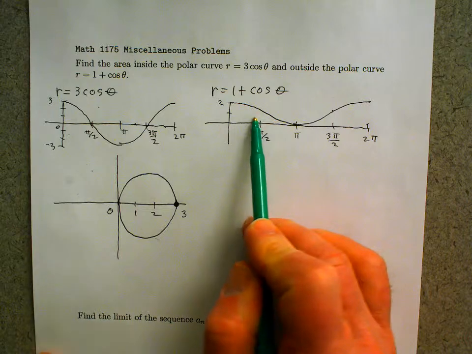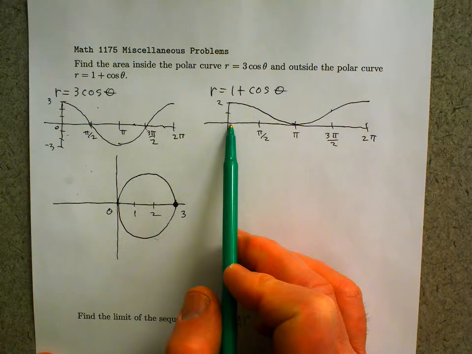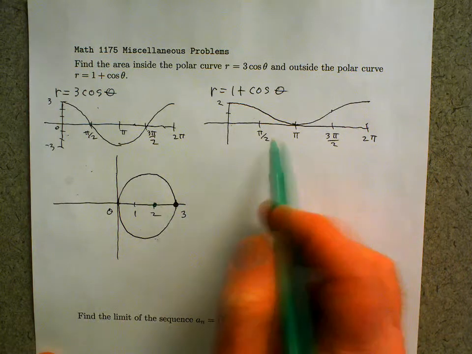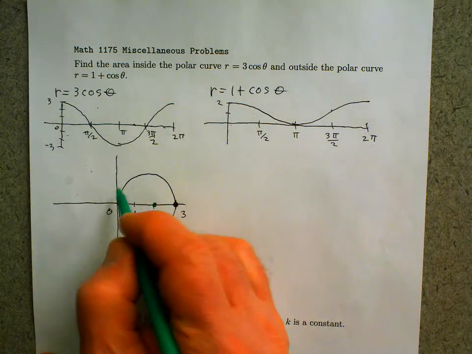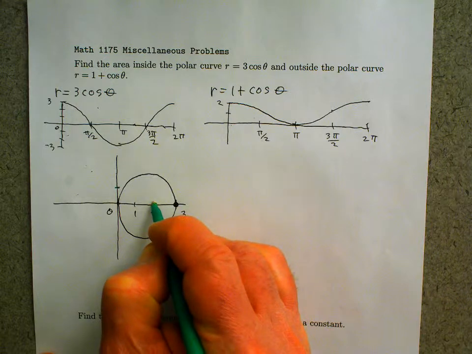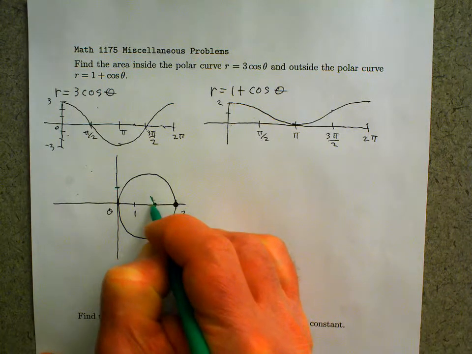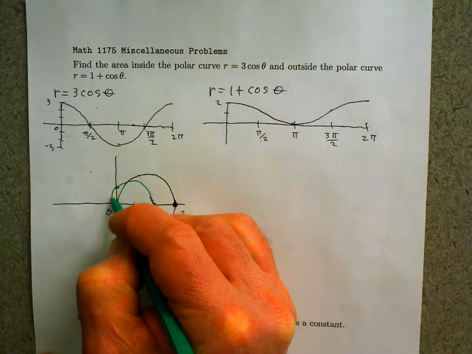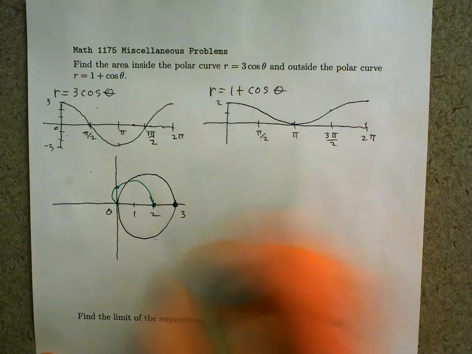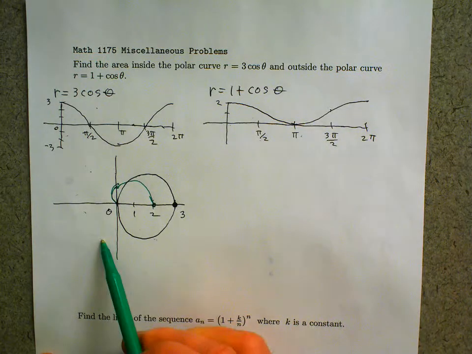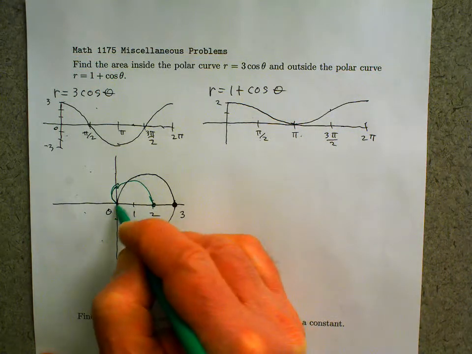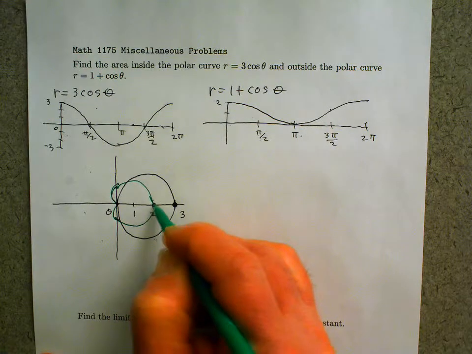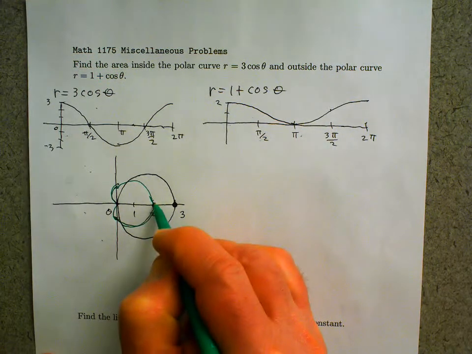Okay, to graph the other polar curve, we start out with r equals 2. When theta is pi over 2, the r value is 1. So this is one of those cardioids that looks something like that. Between pi over 2 and pi, the r values get shorter, and then they get to 0. And then between pi and 2 pi, they go back to 1. And then there's an intersection. It's a horrible graph, but